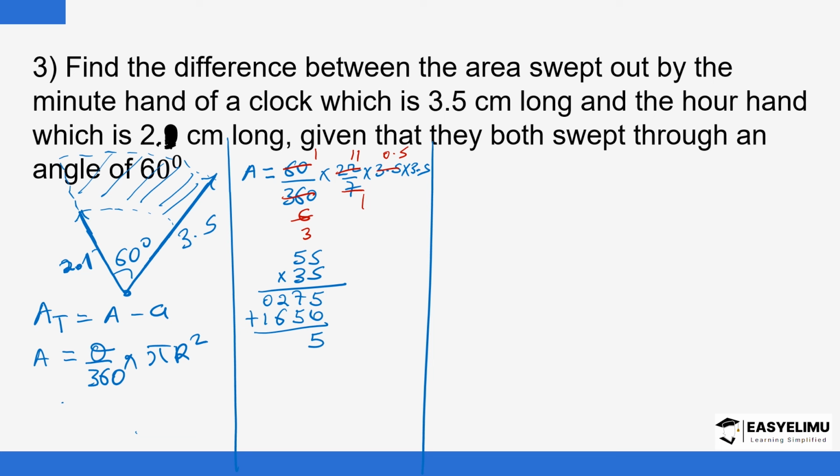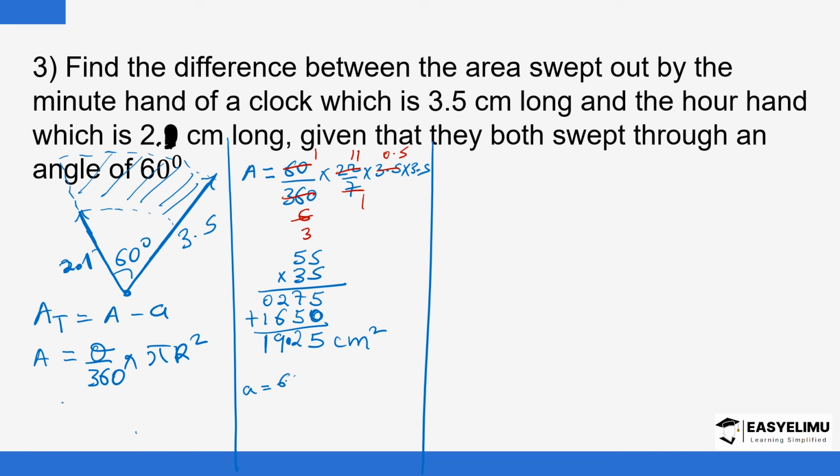So this is 5. This is 2. Carry 1. So this is 9 and this is 1. How many decimal places were they? 2. So this is where the decimal point should be. Square centimeters. Now A, which is the area of the unshaded region,